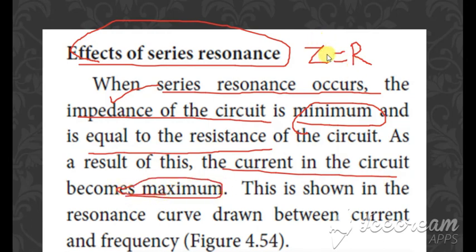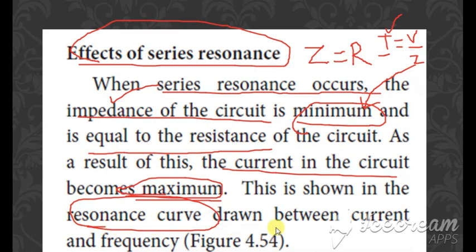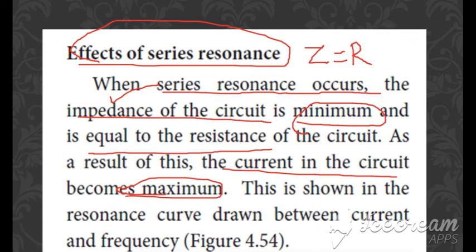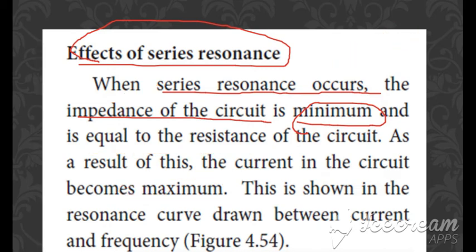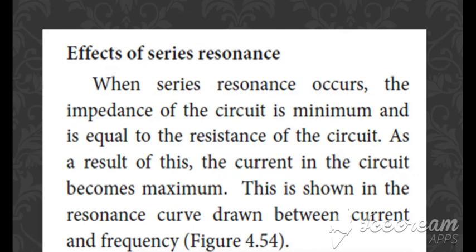Because impedance is minimum, we know the formula, I is equal to what? V divided by Z, right? Here, what has been given? The impedance is minimum. So if the impedance becomes minimum, what happens to the current? It becomes maximum. So the current becomes maximum, and this is shown in the resonance curve drawn between the current and the frequency. Clear? So this is the effect, and if you substitute this effect in the equation, we get